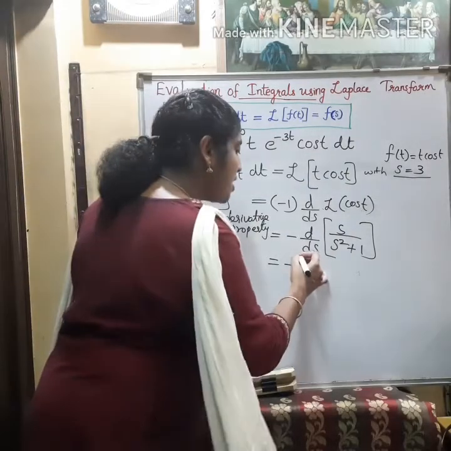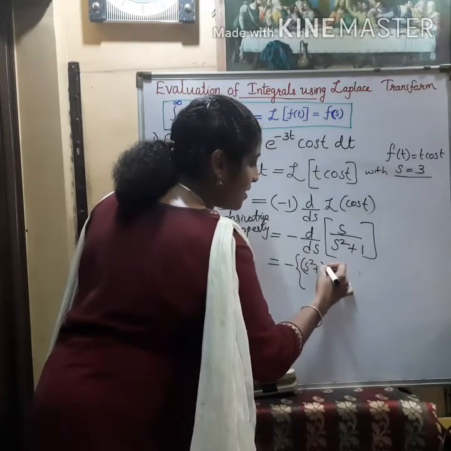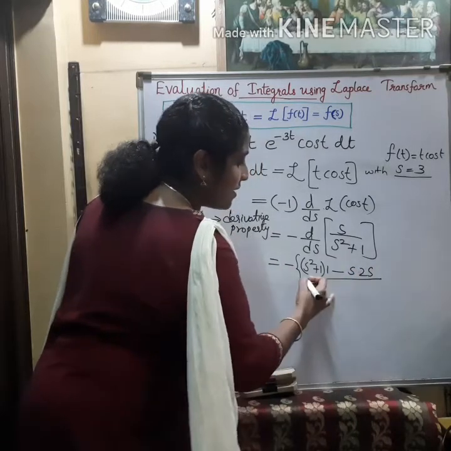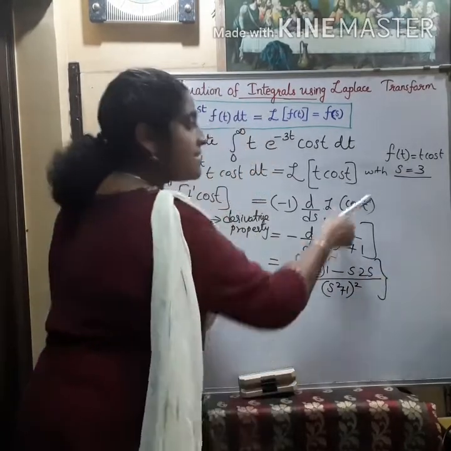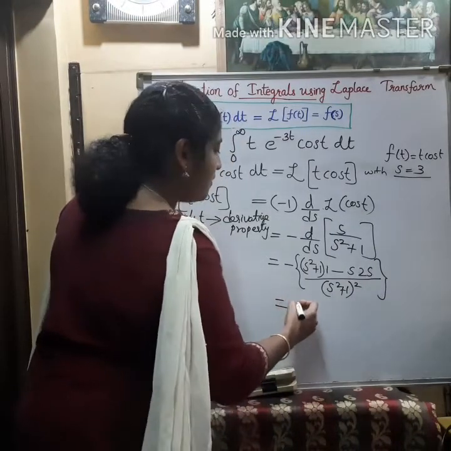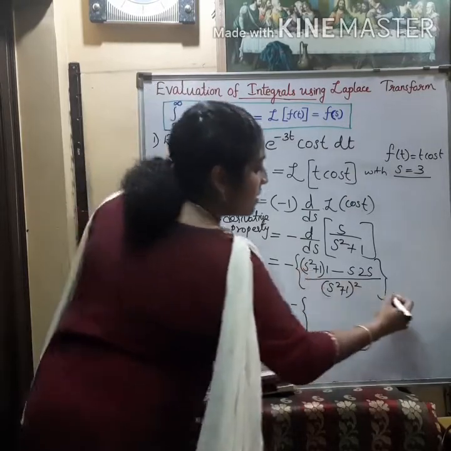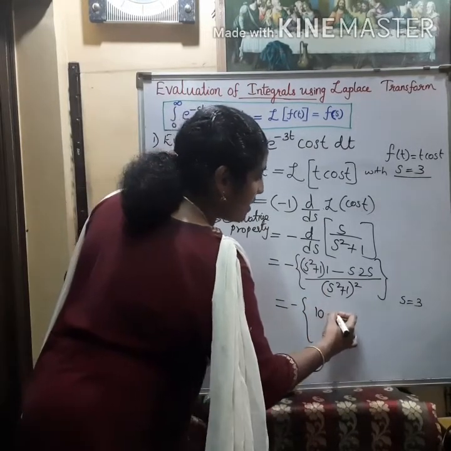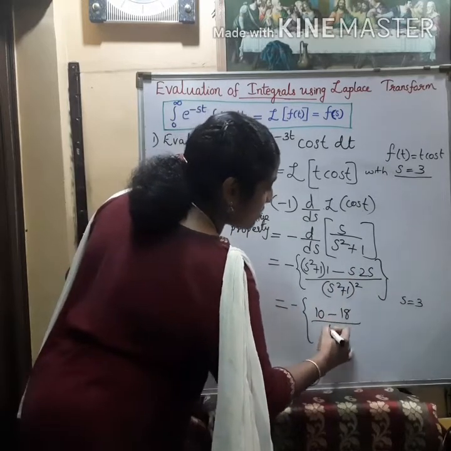We can use the quotient rule, that is denominator into derivative of the numerator, that is s, derivative is 1, minus numerator into derivative of the denominator, by denominator square, s square plus 1 all square, with s equal to 3. Okay, so if you are applying s equal to 3, what we will get? We will get minus, 3 square is 9, s equal to 3, substitute. So 3 square is 9 plus 1 is 10, minus 2 into 9, 18, divided by 9 plus 1, 10